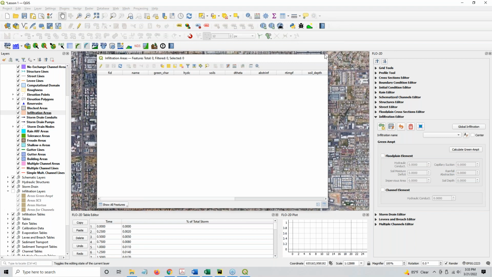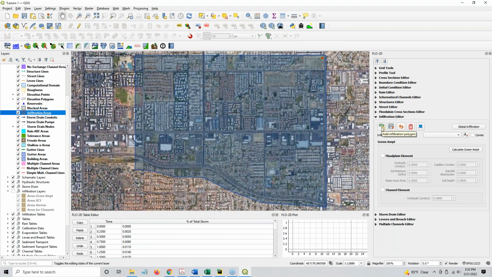Now watch what happens if I click this guy right here. Then I can come up here to an area that would have, say, infiltration. Let's say this area right here. And I know the soil condition of this area. Then I right click that, and I can click save on that. And then I can put those values that I want: the soil moisture deficit, hydraulic conductivity, impervious area, the capillary suction, rainfall abstraction, and the soil depth here,